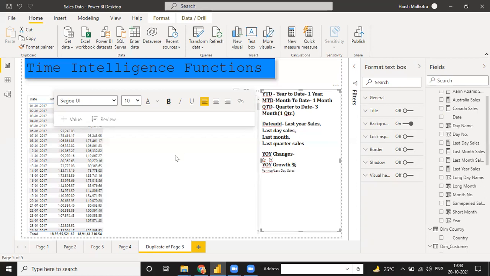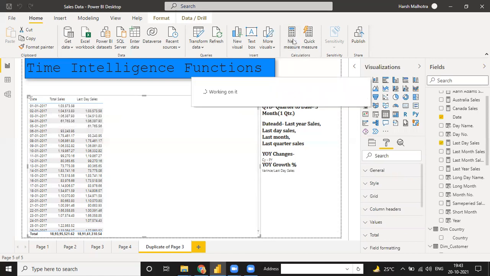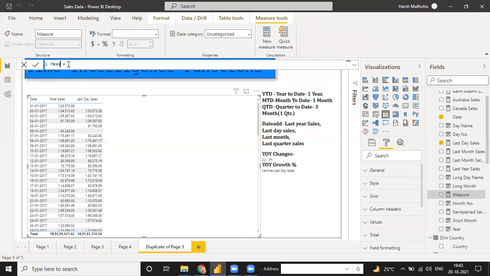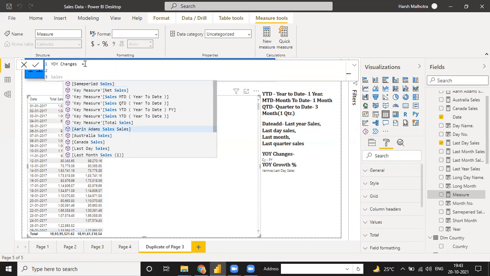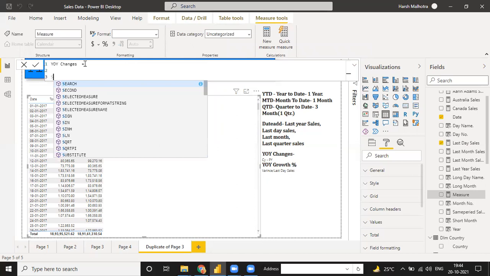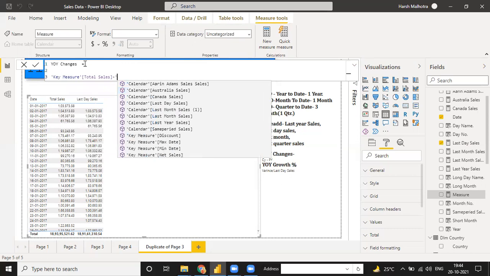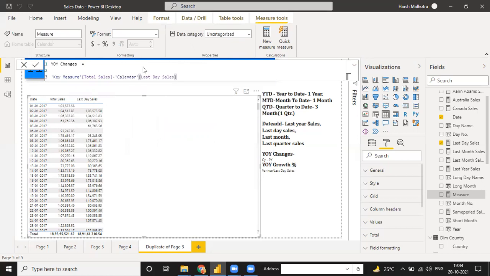And how to do it in Power BI? Same, you can just follow your normal language. Go to this new measure. Just put total sales minus last day. Same function. You can just put the variance name, or you can change it to YOY changes. This is total sales you have. Total sales minus last day sales. This is your difference of variance.